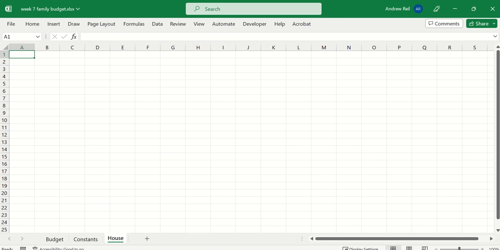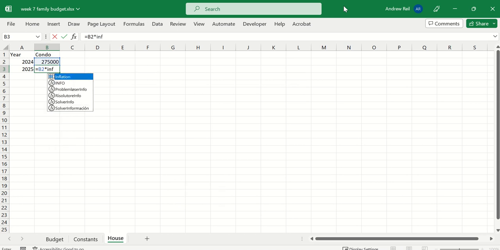First I'm going to keep track of the value of the condo. So I'm going to type in year up here in cell A1, enter, and then 2024 for A2. And then after that, I'm going to make a formula equal what it was last year plus 1, enter. And next, I'm going to keep track of the condo. And the condo is $275,000 in 2024. And it's going to increase by inflation, equal what it was last year times INF for inflation, tab to accept that,